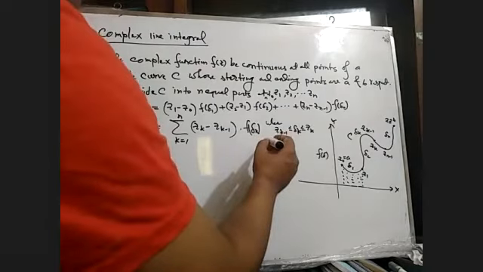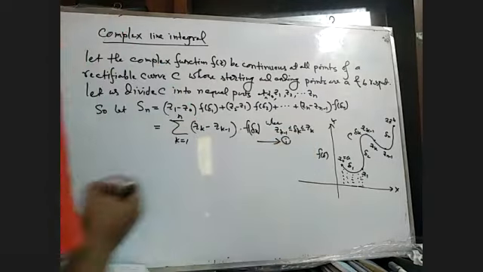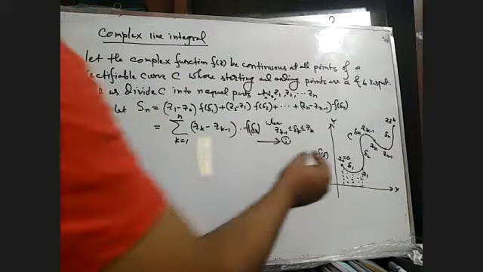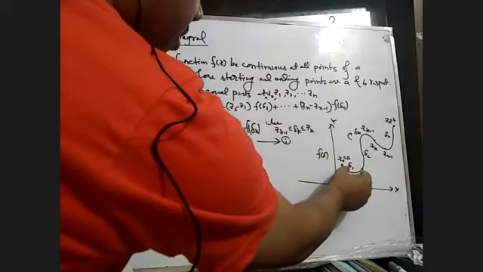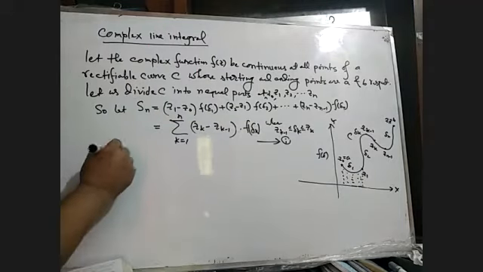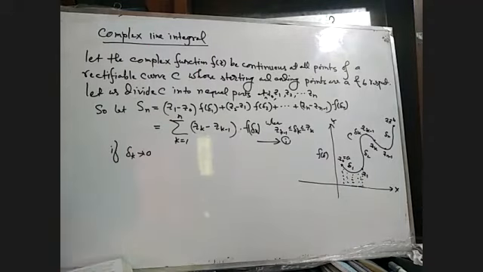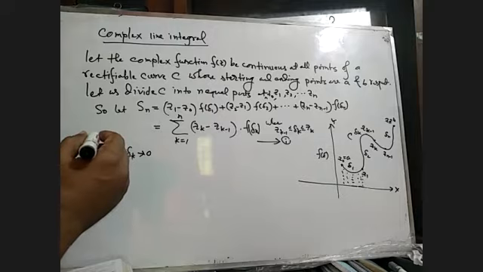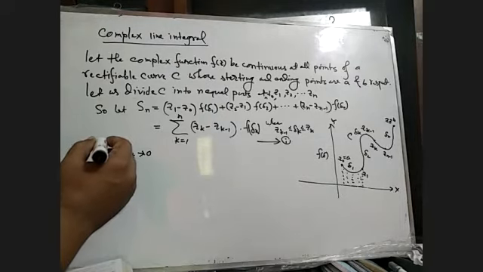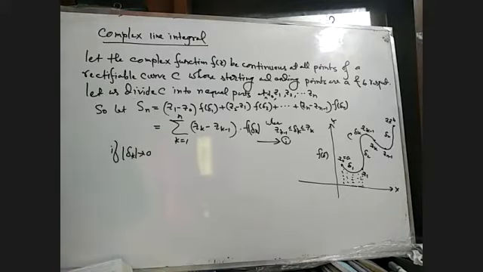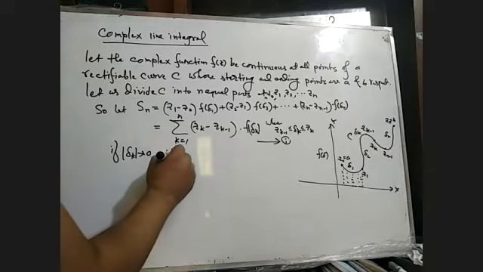And this is equation number 1. If the division n increases in such a way that the chord length delta k tends to 0, that means if delta k is very negligible, decreasing along the y-axis, so n increases in such a way that the chord delta k, absolute value, of course this will be positive, tends to 0,